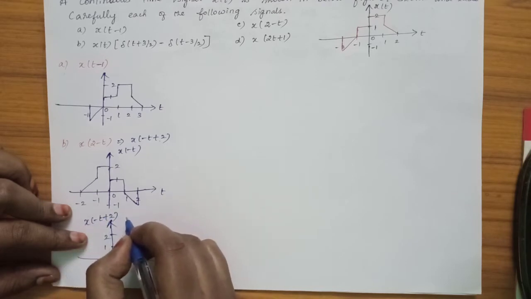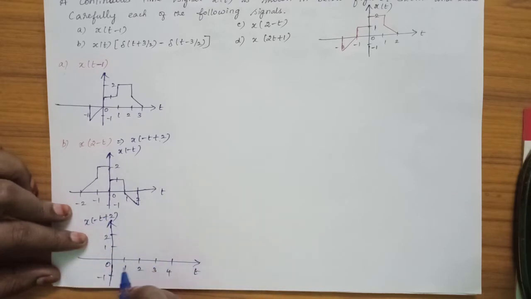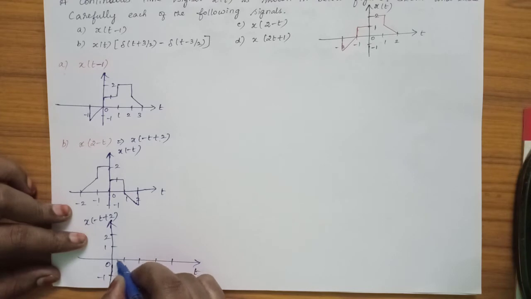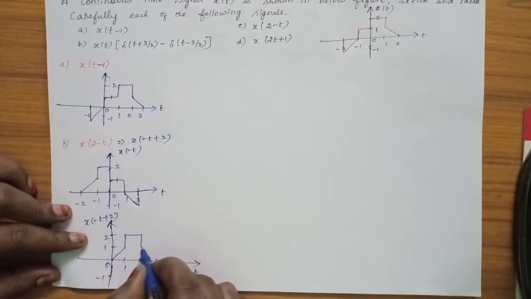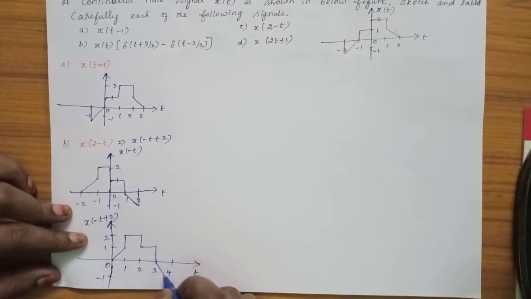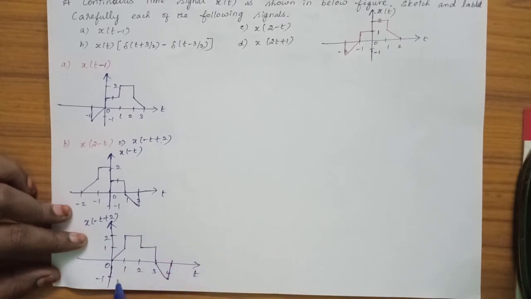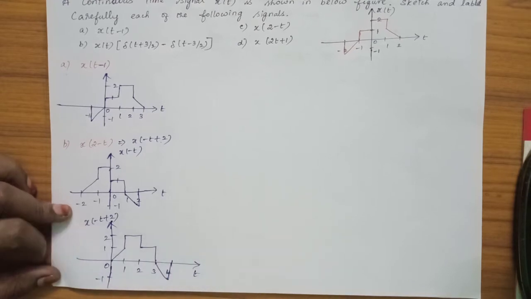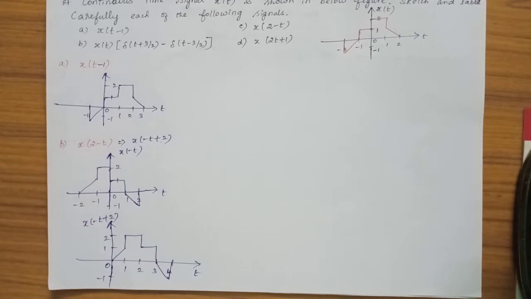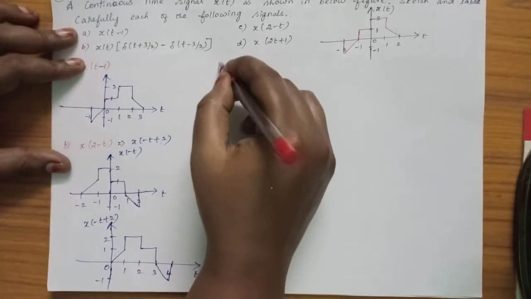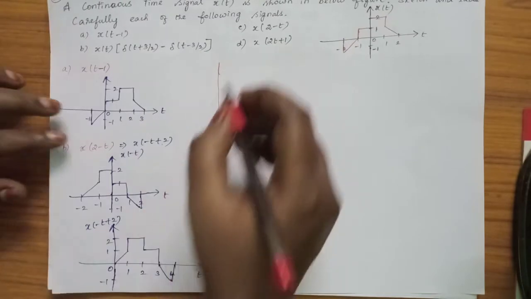This is x of minus t plus 2, that is x of 2 minus t. Okay, so next we'll perform